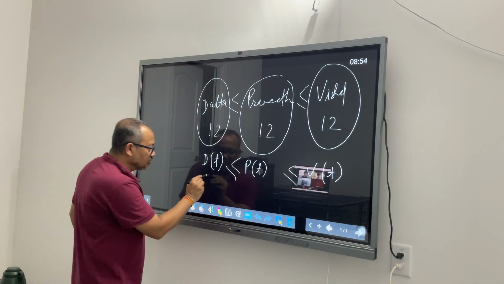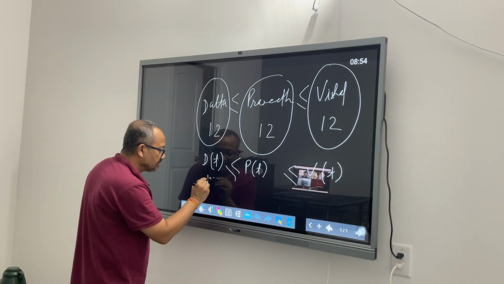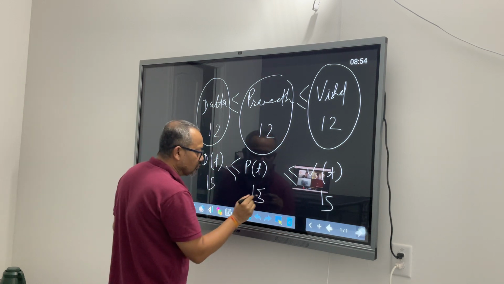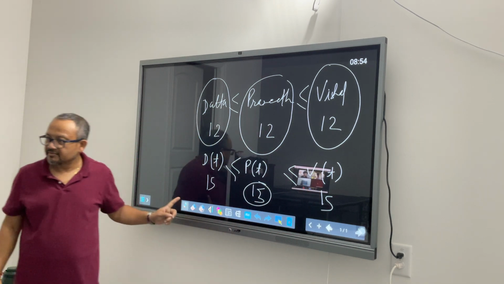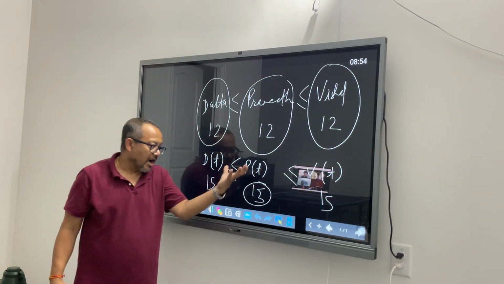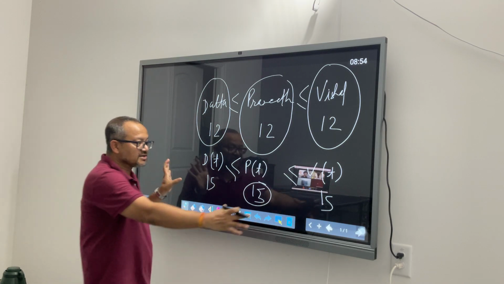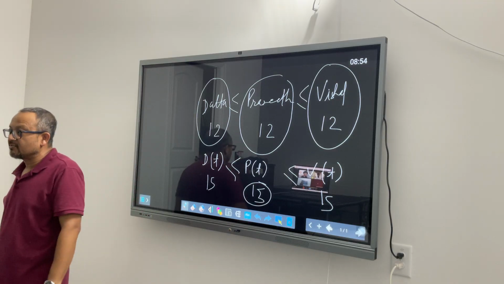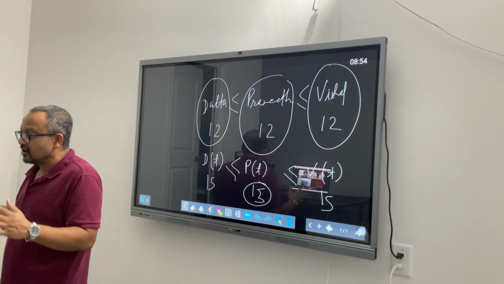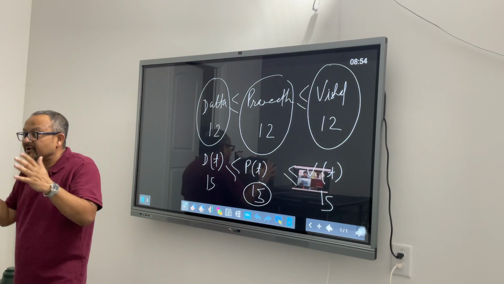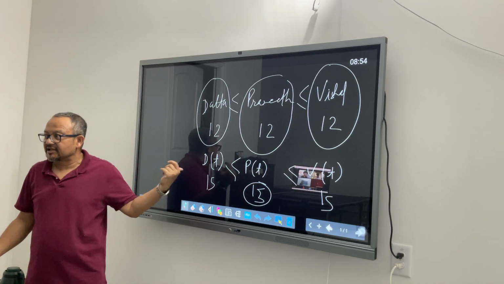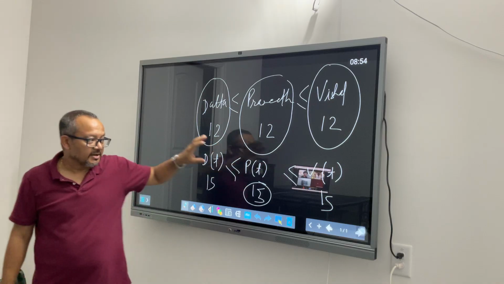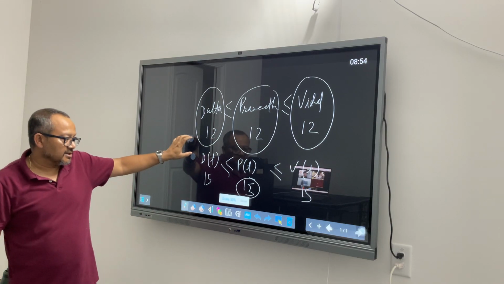So if these two have some value, this guy is supposed to have only one value. So this guy's output is squeezed between the output of these two guys. That's why it's called a squeeze theorem or sandwich theorem. So now you will say, right, I am getting sandwiched between my friends. This is the sandwich that is coming into play. It has nothing to do with the cooking skills.